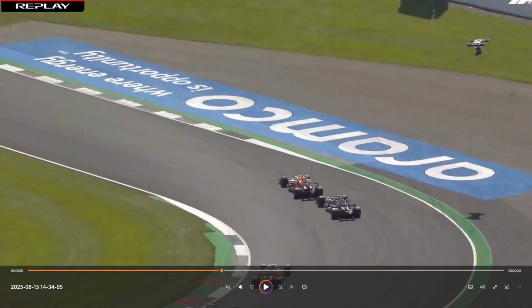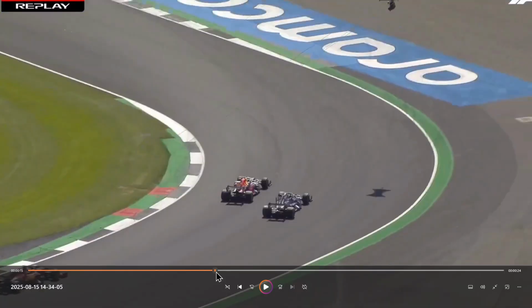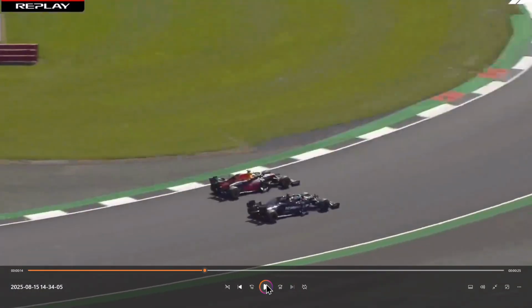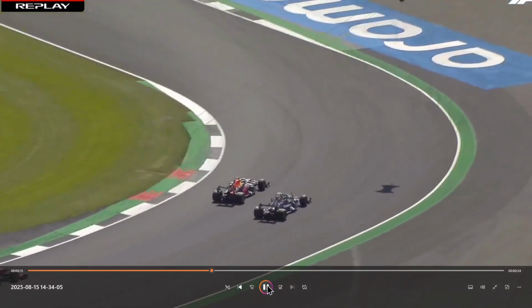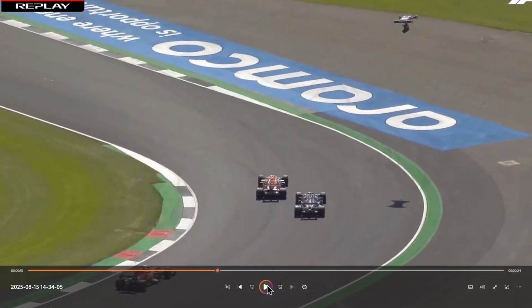Now you can see Max's line. Max has come across here and driven across there and ended up there. And we'll just drag that back. We'll look at Max's line that he takes himself across this corner. And then we'll look at the cars behind and see what normal cars go around the corner at. On the brakes. There's a corner there, Max. Always. There it is, look. So Max drives to here before he starts turning to force Lewis Hamilton all the way over here. See what that does? See what Max does there at Silverstone 2021, lap 1.